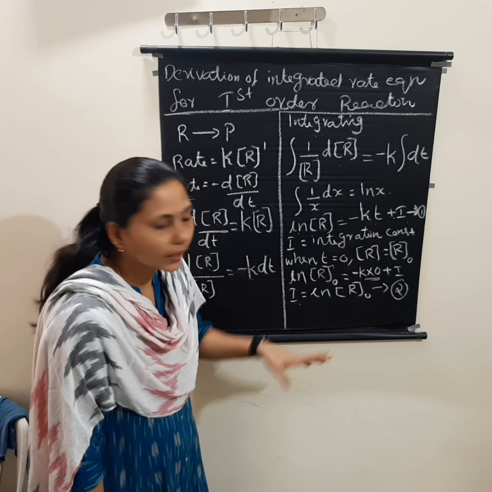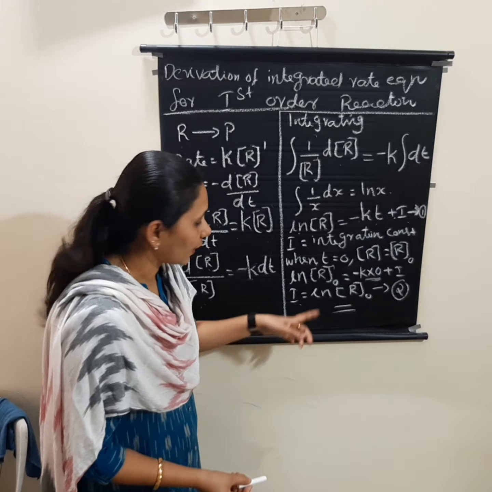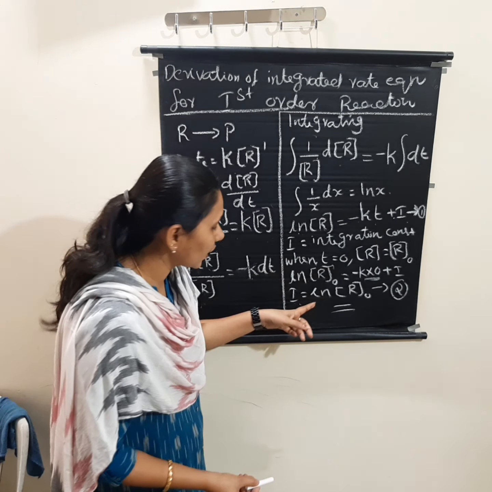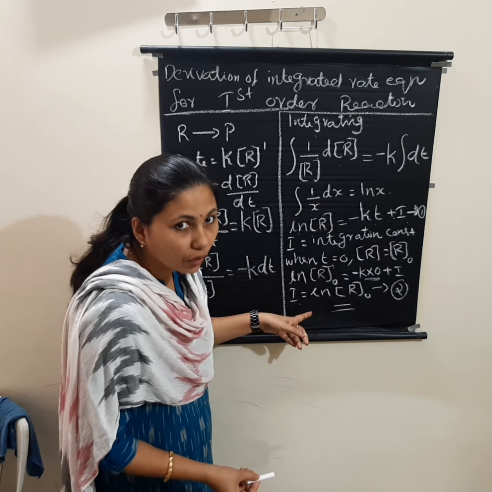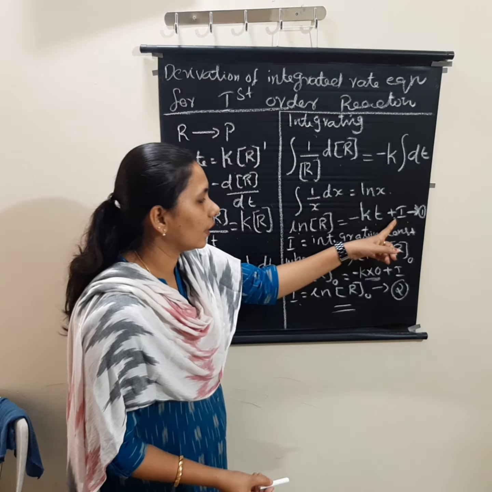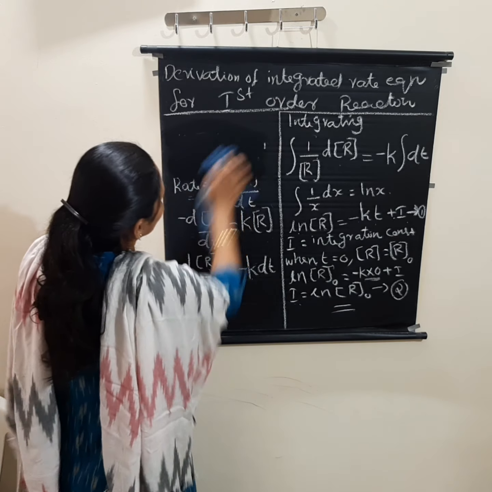So I equal to ln R0. So we got the value of the integration constant, I equal to ln R0. Now we have to substitute the value of I in this first equation. Okay, so how we will write is,